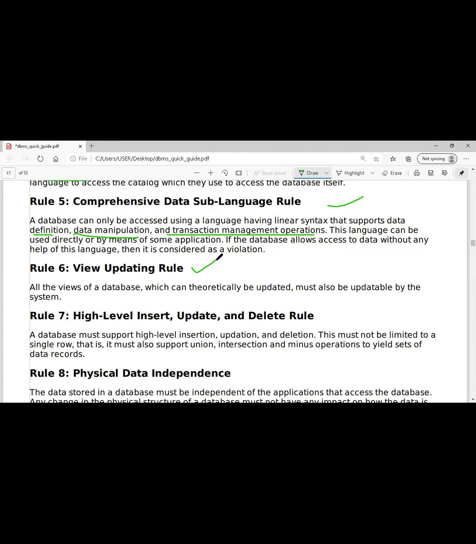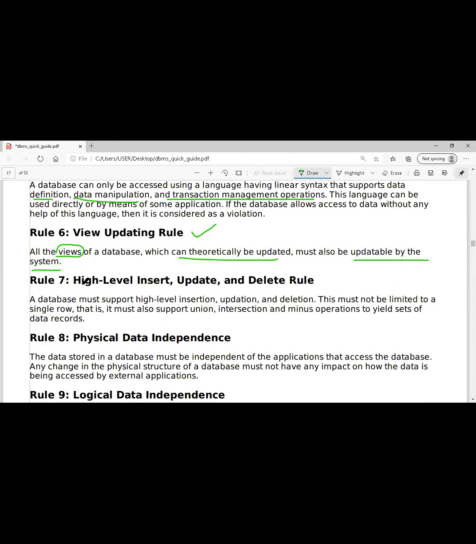In a similar fashion, the computer also goes to the 3 different tables and picks up the data relevant based on the key. Here the key is your roll number. So it will go there. If the data is there, I will get the updated data. That is what it says. So theoretically, whatever you are asking, it should be updated in the system. Then only I can view it. So whatever database I want to view, it should be updated in the computer also. So this is the rule of 6, the view updating rule.